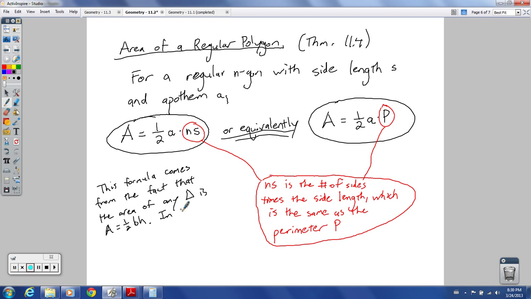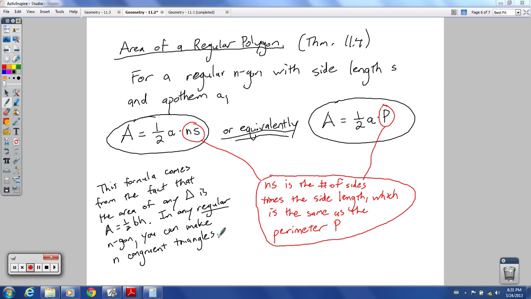And we can say in any regular n-gon, it's got to be regular though, you can make n congruent triangles. So this is also equivalent